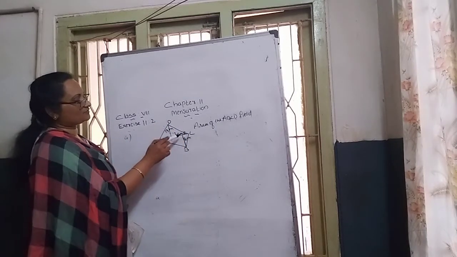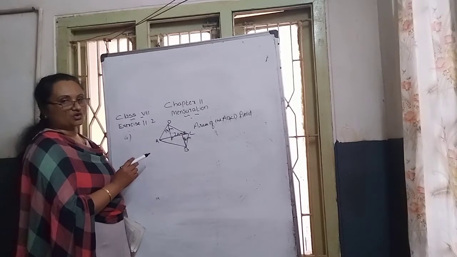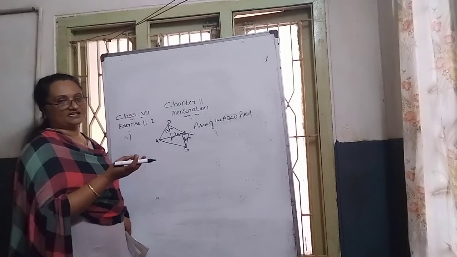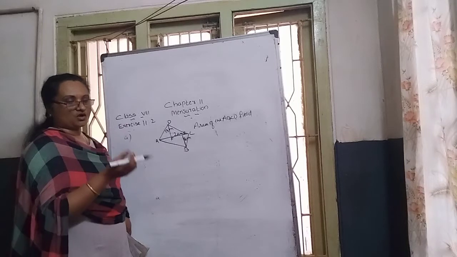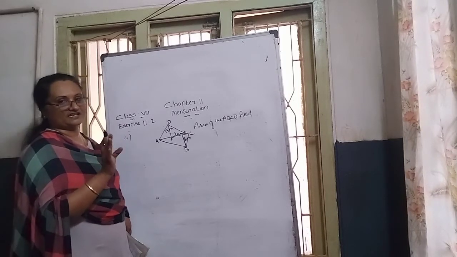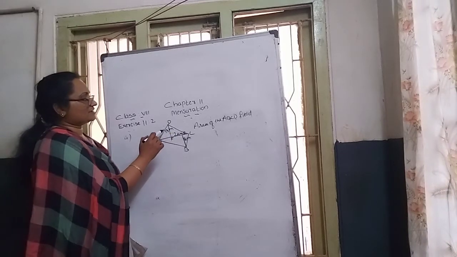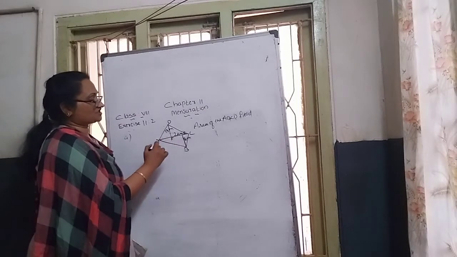The diagram is like this. See, quadrilateral. What about a quadrilateral? A four-sided diagram. We call it a quadrilateral. Different diagrams: parallelogram comes under quadrilateral, trapezium comes under quadrilateral, rhombus, rectangle, square, all these lie under a quadrilateral. Here, one quadrilateral diagram they gave. Then they gave us from D the diagonal.